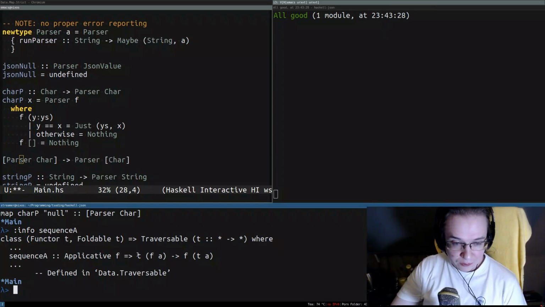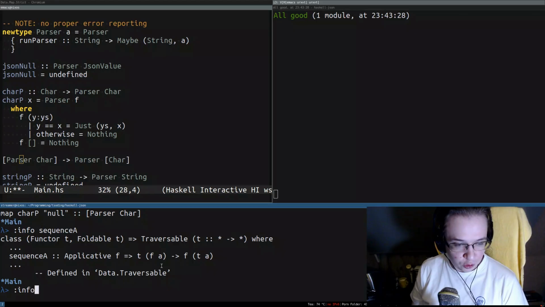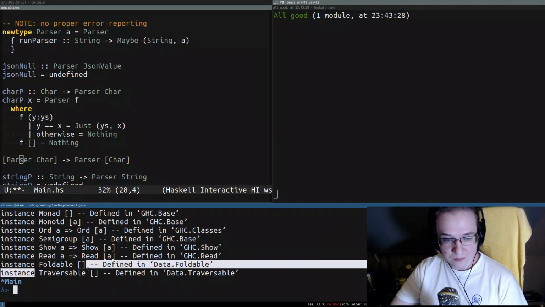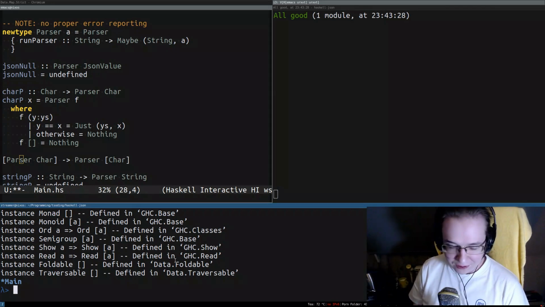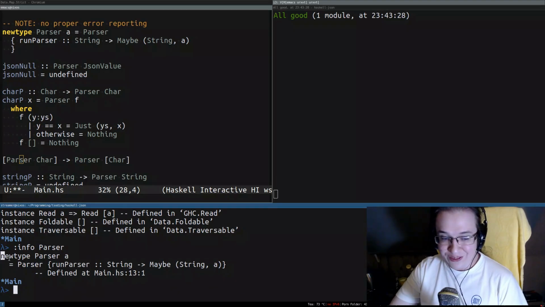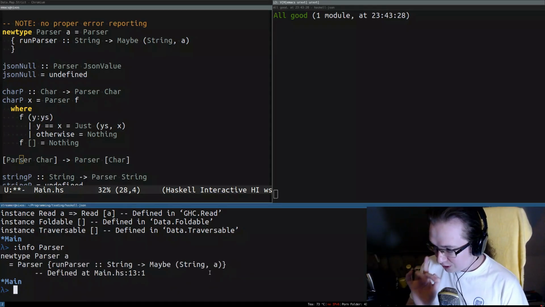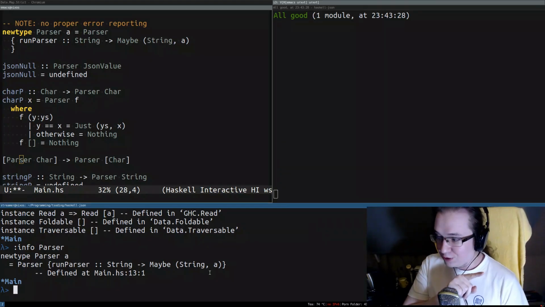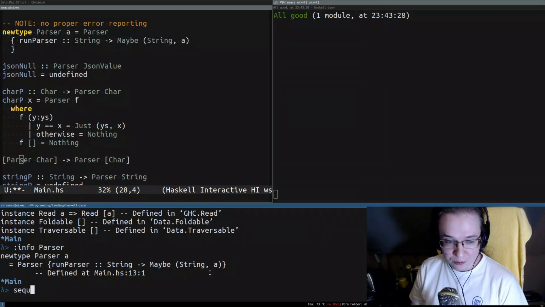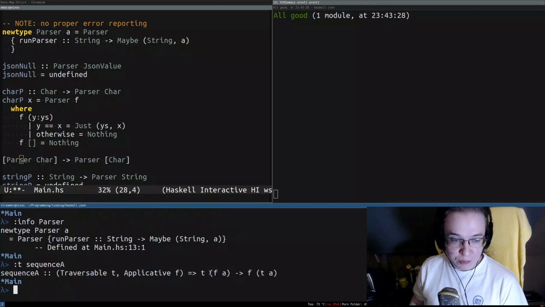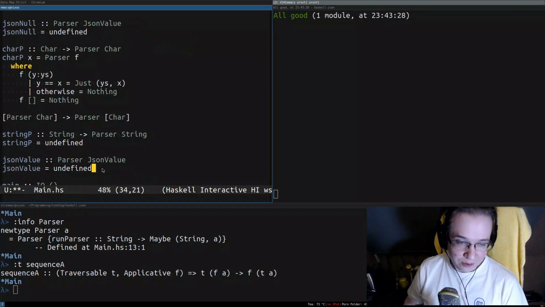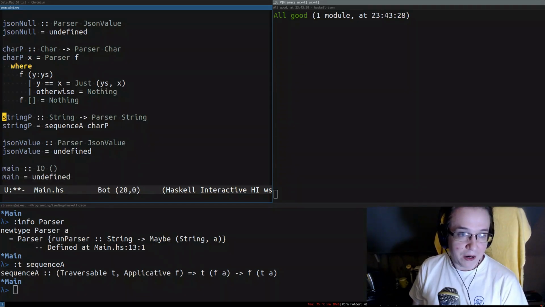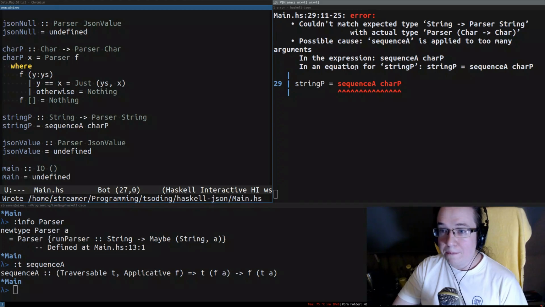Well, this is traversable. We know for sure that list is traversable. So the only thing we need is parser to be applicative. But parser is nothing. It does not implement any kind of interfaces. We need to prove that parser is applicative, and that magical operation will just work, and it will magically implement string p. As a matter of fact, the implementation of this thing is going to be straight up sequenceA Charpy,